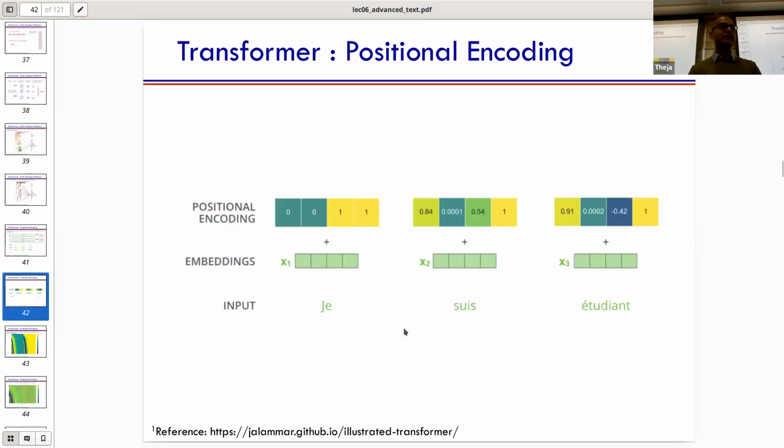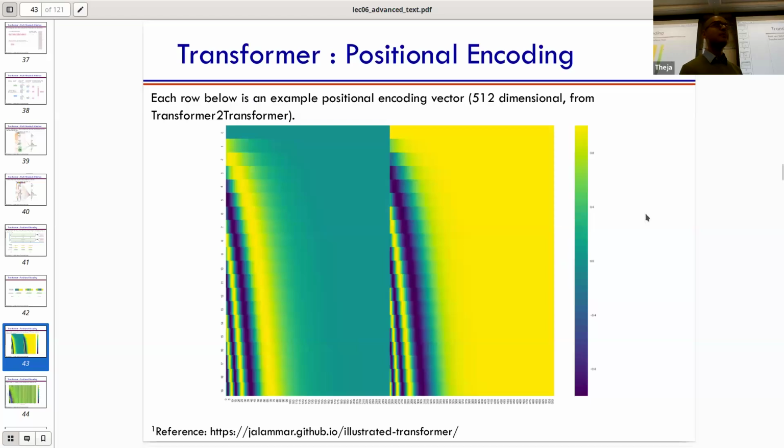So what are some of these examples? You can see one, which is illustrative but kind of realistic also. So here's an encoding, right? 0011, and then some other encoding where it's going down and going up. So 0.8 to some low value, again back to 1, and some variations. Okay, so here I think it's not very clear, but this is a pattern from an architecture called the transformer. It's some architecture with some extra bells and whistles, but the core part is you have to encode positions, and there they used these vectors.